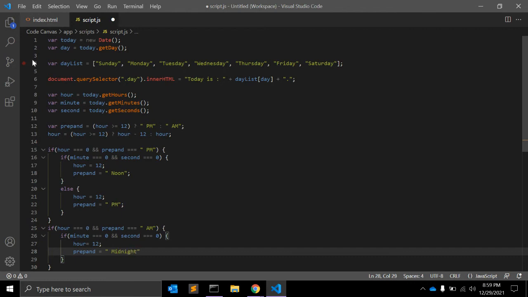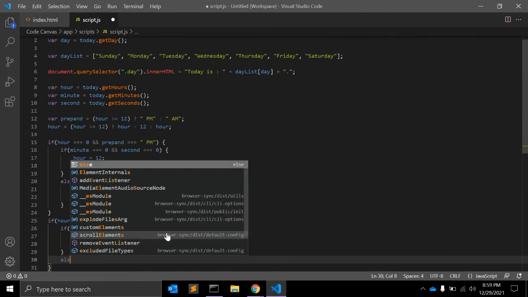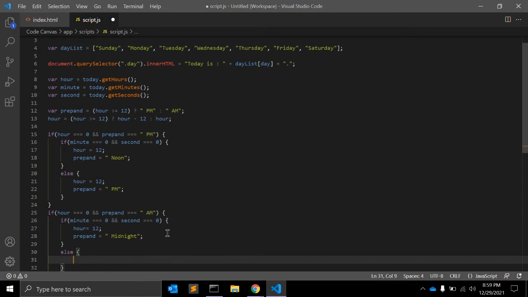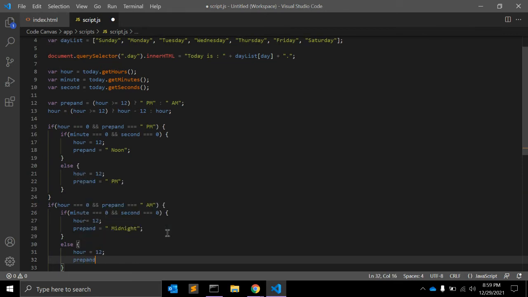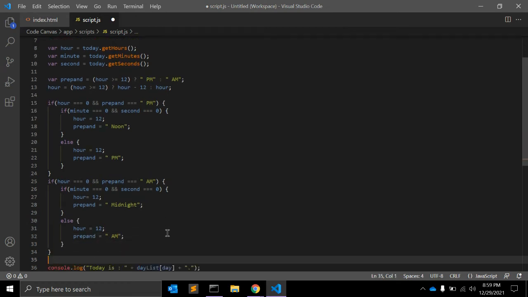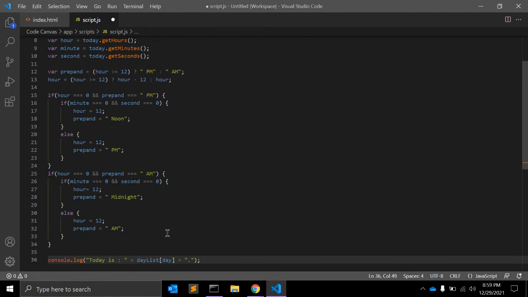I am adding one space here to make it look pretty in the HTML. And in else, the hour value is the same as 12 and the prepend value is equal to AM, right? So using these conditions we can console that.